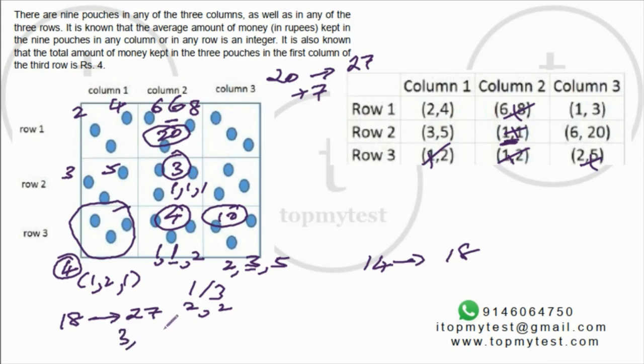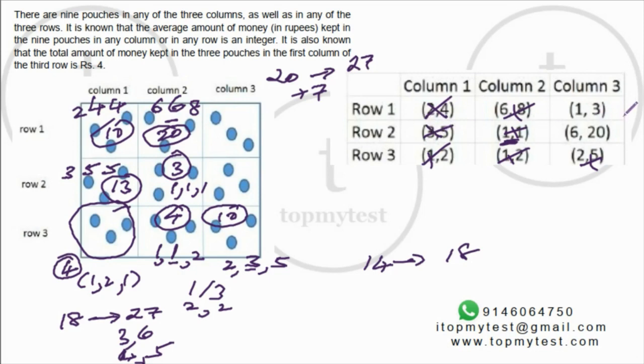You can have 3 and 6. Not possible. 4 and 5. Possible. 4 and 5 are possible. You can put 5 here, 4 here. Right, 2, 7 is not possible. There is no 7 available. Right. So this we have also solved. This is 10 plus 3, 13. This is 8 plus 2, 10. So these two also we know.